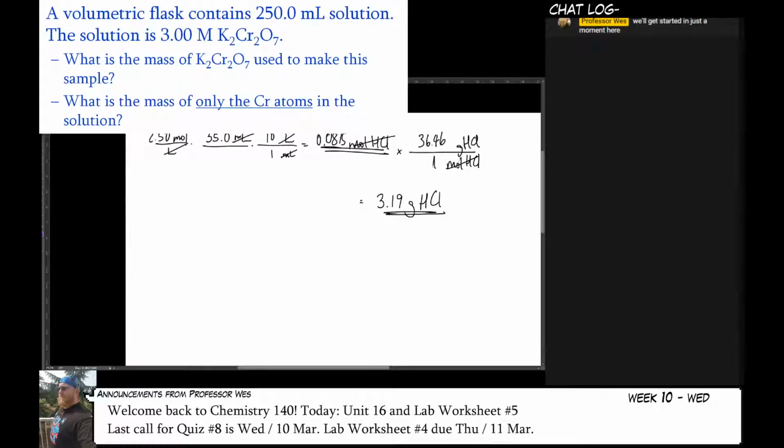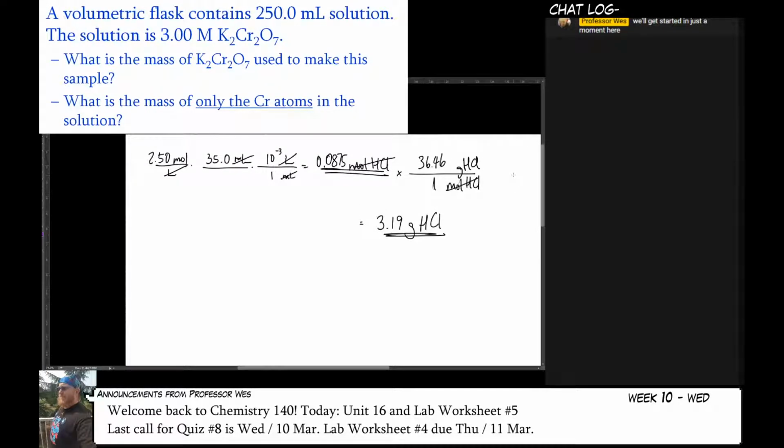Let's do the second problem here. I'll just scroll that up there. So I need to know the mass of K2Cr2O7. I'm going to do this the same way. So 3.00 moles per liter times, how many liters do we have? 250 milliliters. So 250.0 milliliters. And I got to cancel those units out so that they're in the correct unit. So 1 milliliter, 10 to the minus 3 liters. So that's going to give me the total number of moles